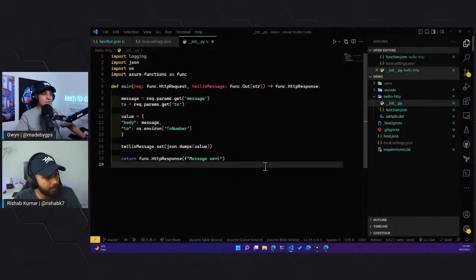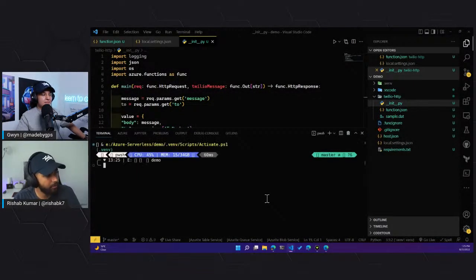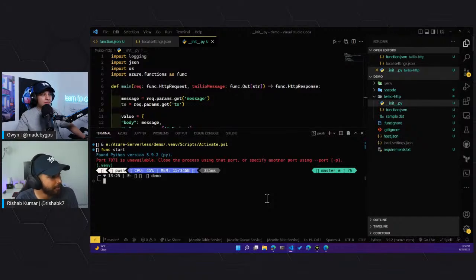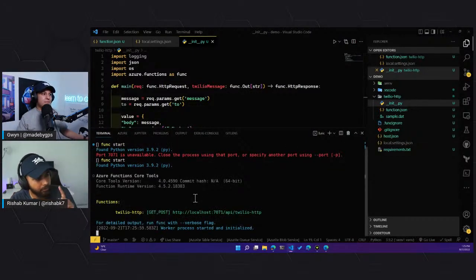And if we go back here and make sure all of our files are saved, open up the terminal and do func, as in function, start. Okay, port 7071 is unavailable. Are you running it already? Could be. Did you see if I have other terminals open? You might have to close VS Code. Yeah. Okay, let's try it again. I don't think I have any other terminals open. Okay, cool. There you go.